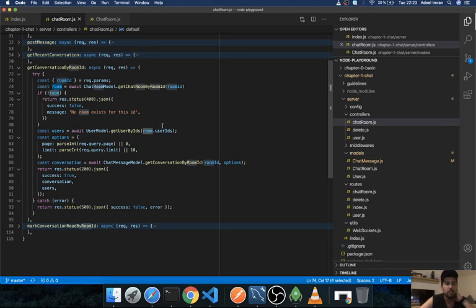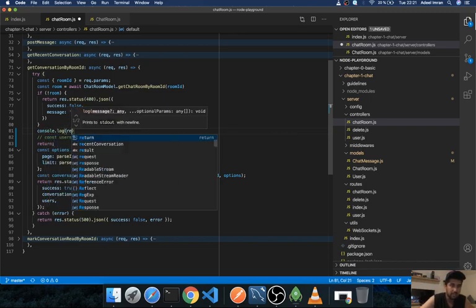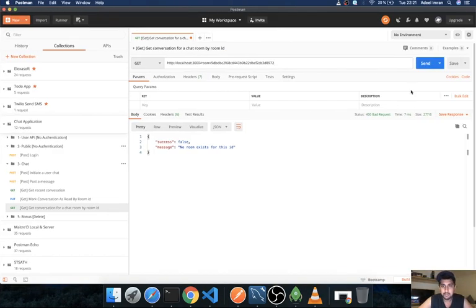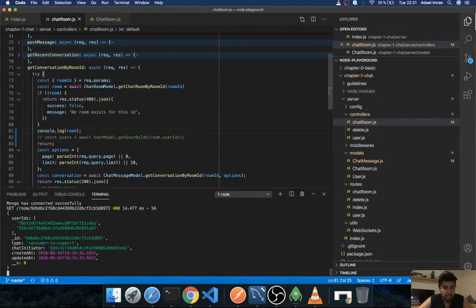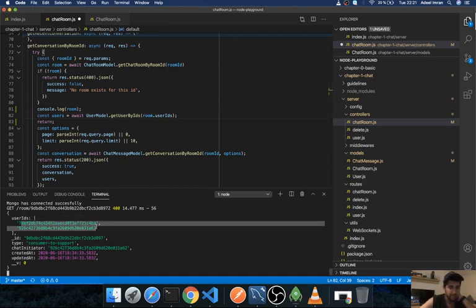Next, what I'll do is I'll just put return here so that no code is executed below this. And I will just console.log room, and see what happens. I'll provide it a valid room ID and see. So it's giving me user IDs, type, and chat initiator. So what I want to do is get all the information for these two users that are in this chat room,